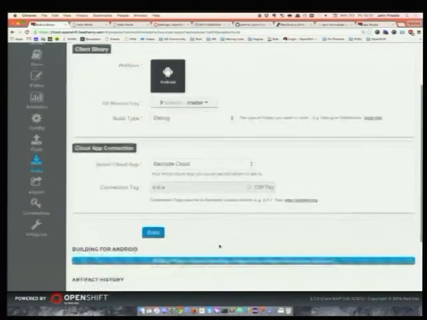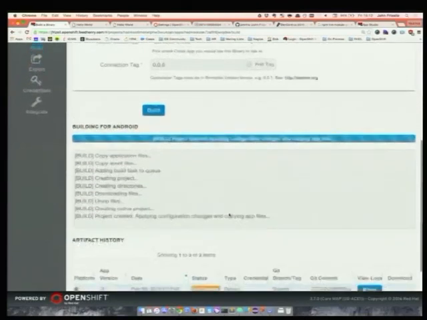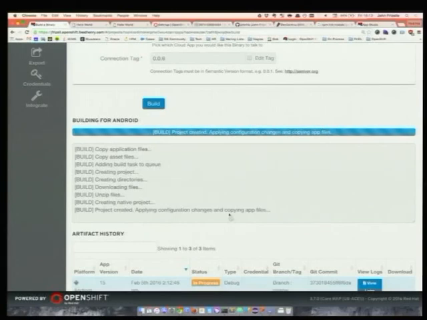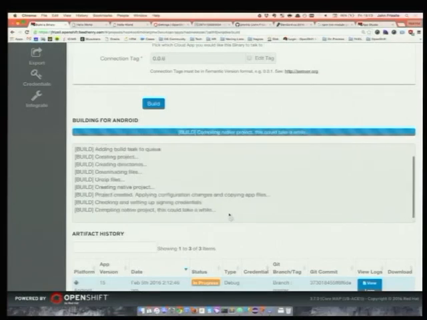So what's happening here at the moment is it's taking the source code, it's sending it across to a hosted Linux machine that has the Android build tools installed. Because this is a Cordova application, it's doing the Cordova bundling and packaging that's needed to add the Android platform to it. And then it's invoking the standard build tools, giving it all of that information, plus any credentials and certs that were sent across, generates an APK, and gives us back a link to it.